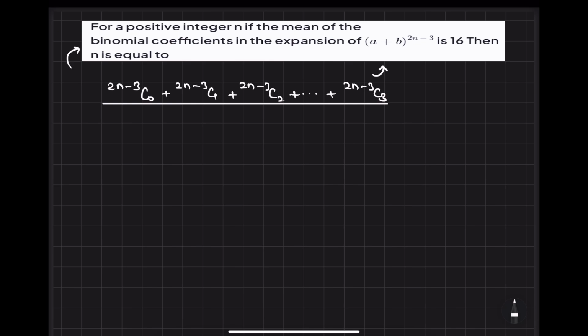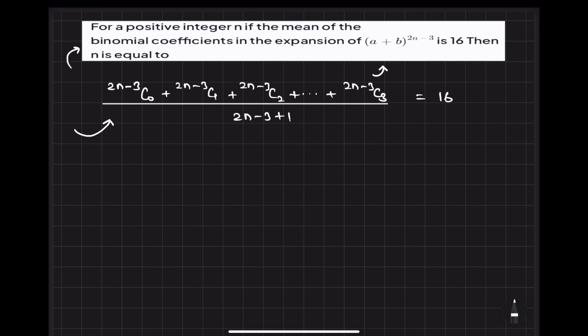So what will be the number of terms? You know that if power is n, the number of terms will be n plus 1. So the binomial coefficient count would be 2n minus 3 plus 1,